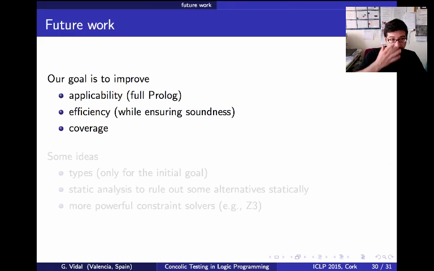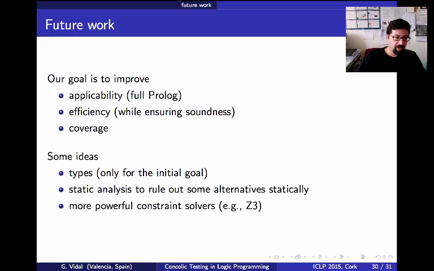As future work, we want our tool to be larger, faster, and cheaper. We want it to be applicable to as many features of Prolog as possible. We want it to run as fast as possible while still ensuring soundness, of course. And we'd like to get very good coverage for the sets of test cases that we produce. Some ideas we are currently working on: